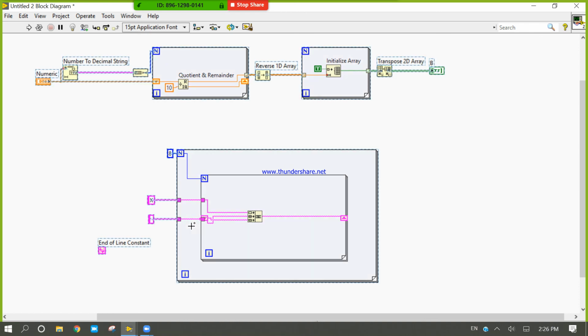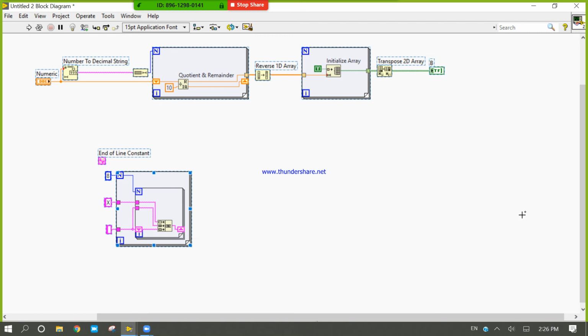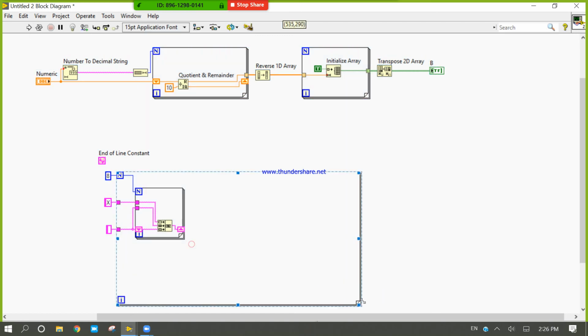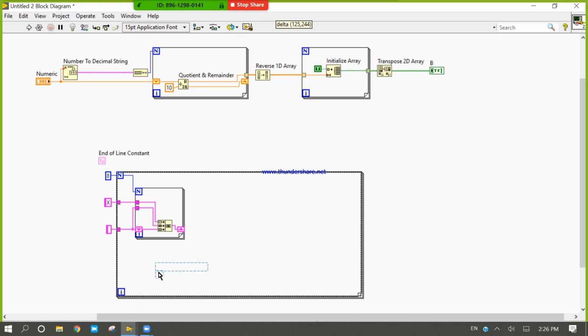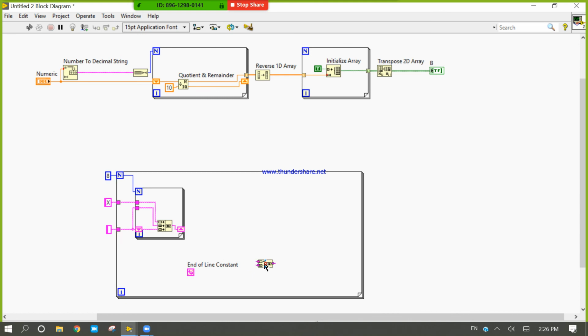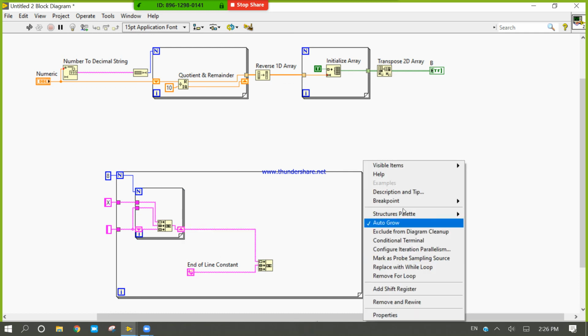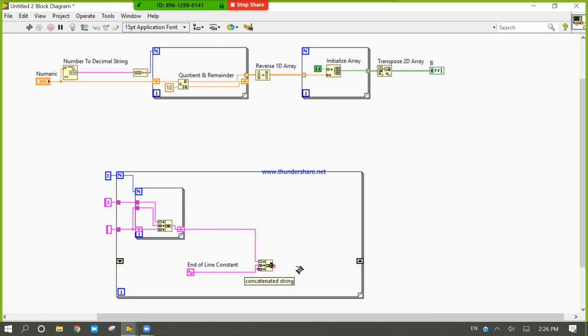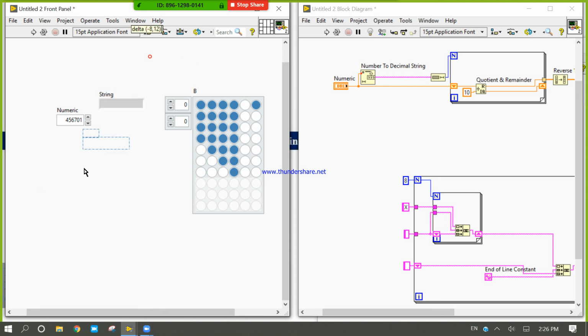Control A, Control U. By using this, we can generate this pattern.